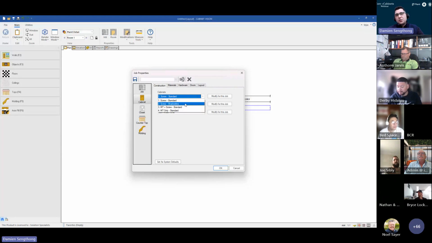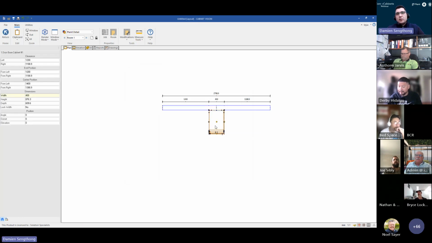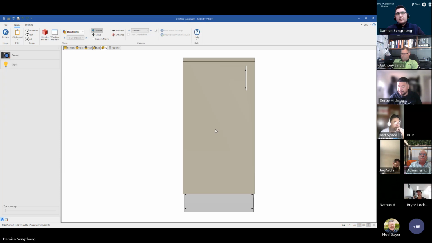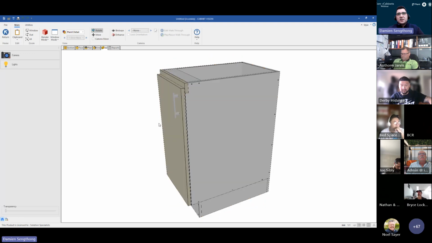And let's say I do want to make it a shutter line. So I will select shutter line. I will click OK. And I will double click on the cabinet. And then as you can see here, we're on the 3D view of the assembly. And if I left click and rotate, you can see now that there is a shutter line type construction applied